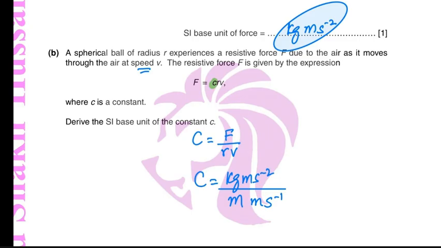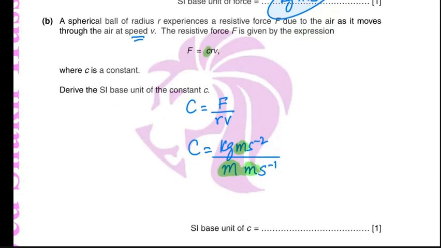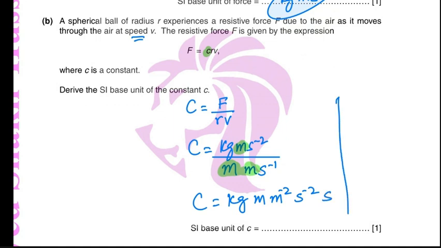So here you just simplify it. It's m at the top and m squared in the denominator. So you will rearrange it. C will be equal to kg m, and then bringing m squared up here, it will become m^-2. s^-2 was already there. Bringing s^-1 up here will make it s only. So just simplifying it,